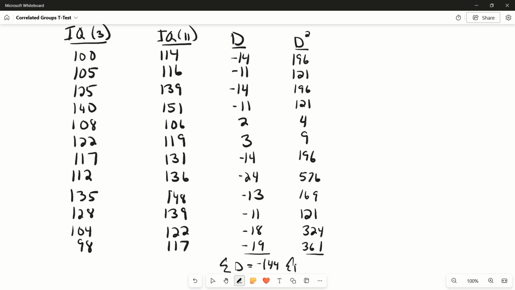And we're going to add up all the d squared scores. And when we do that, we get 2394. So a big number there. Now we're going to plug in. So we need to find the mean of d. But as I said before, we could do that in our head because the sum of d is